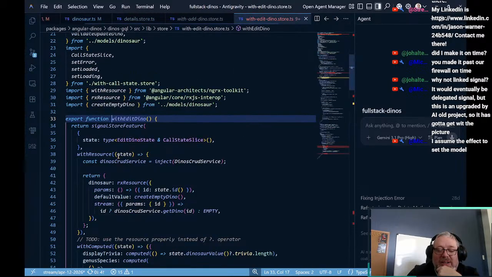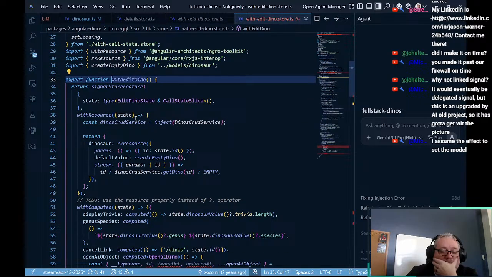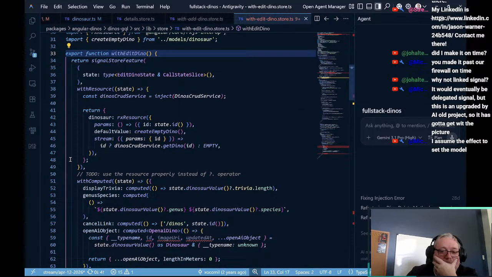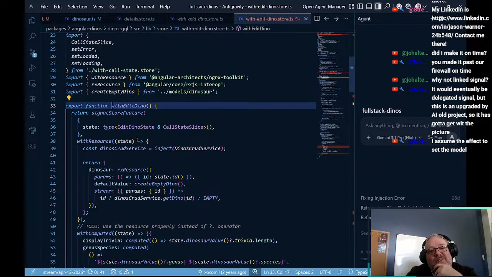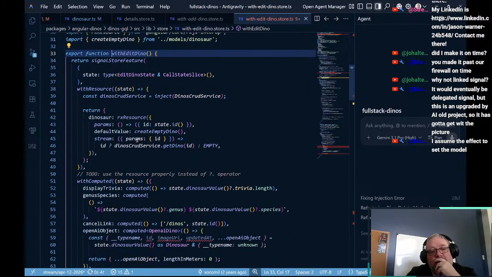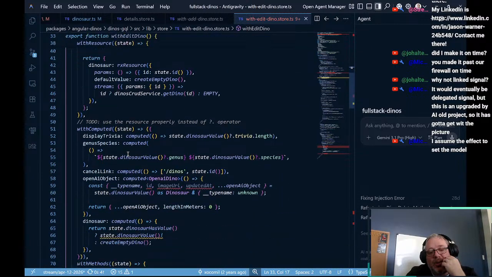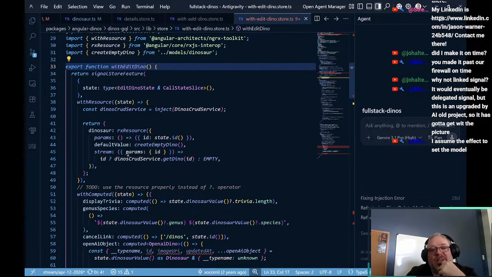The with edit dyno is using a resource. And we could patch this resource to set the dyno, which would allow us to use the delegated signal, which is something I think we're going to have to do. But yeah, Michael's right. The effect is to set the model,